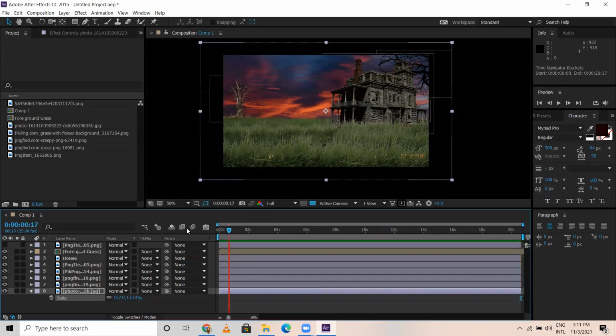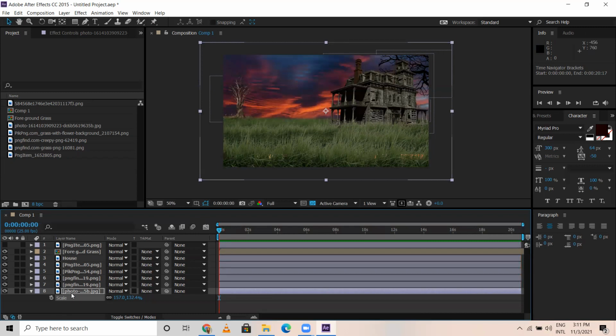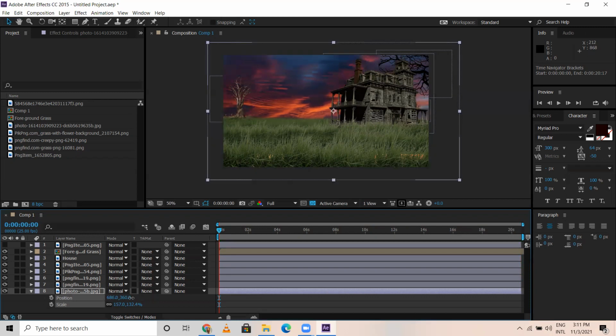In my start area, the scale position, I press Shift S, so you get position and scale both. So here, position x-axis, I'm gonna move it like this.